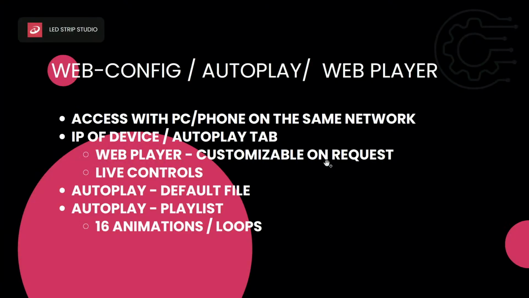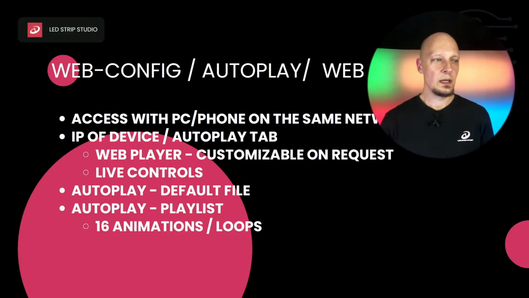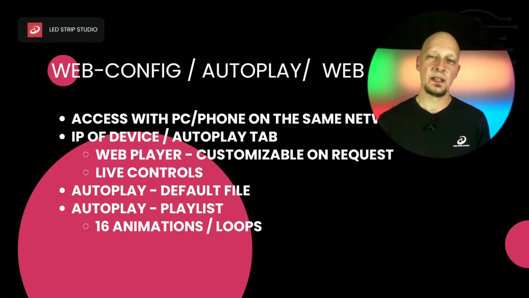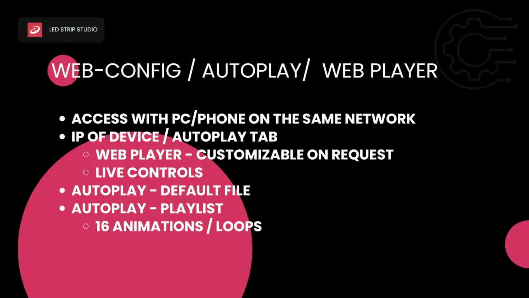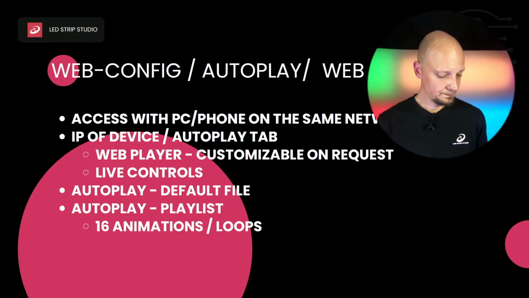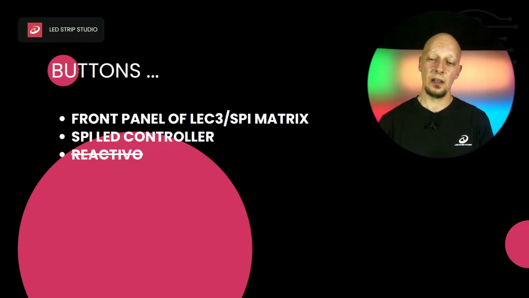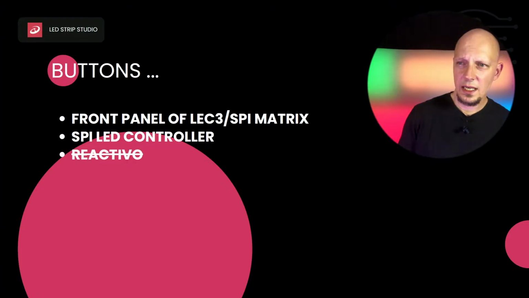I think that I've mentioned everything from here, and yeah, default file, playlist, you can have up to 16 animations there. Once the device is turned on, it will play either default file or the playlist that you have set up. And last but not least, there are buttons on the device, on all devices except for REACTIVO. To show you in detail,